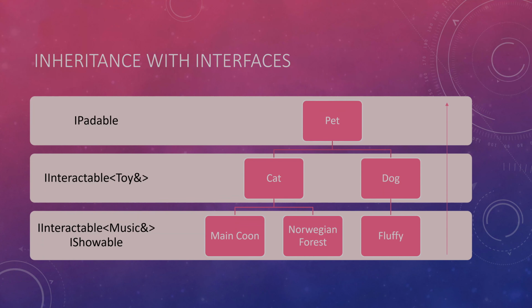And that's totally fine. Now, of course, with interfaces you also need to be a bit concerned that you don't add the IPadable again to the Maine Coon, because it's already in there with the Pad, and it would be bad design to add the IPadable in there as well, even though C++ might not even complain that you put an IPadable in here, but you already have it from the Pad, so it would be a bad architecture. But basically what I like to do is I like to do these diagrams like that,